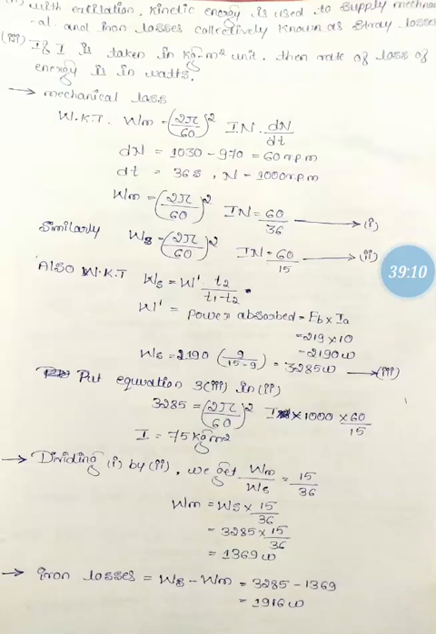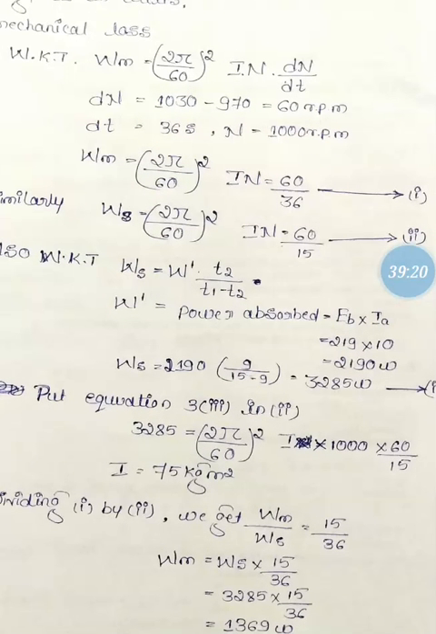Then dividing equation number 1 by equation number 2, that is Wm divided by Ws is equal to 15 divided by 36 we can get. So divide equation number 1 by equation number 2, then Wm is equal to Ws into 15 divided by 36. Then Ws is calculated above, that is 3285 into 15 divided by 36. Then we'll get the Wm